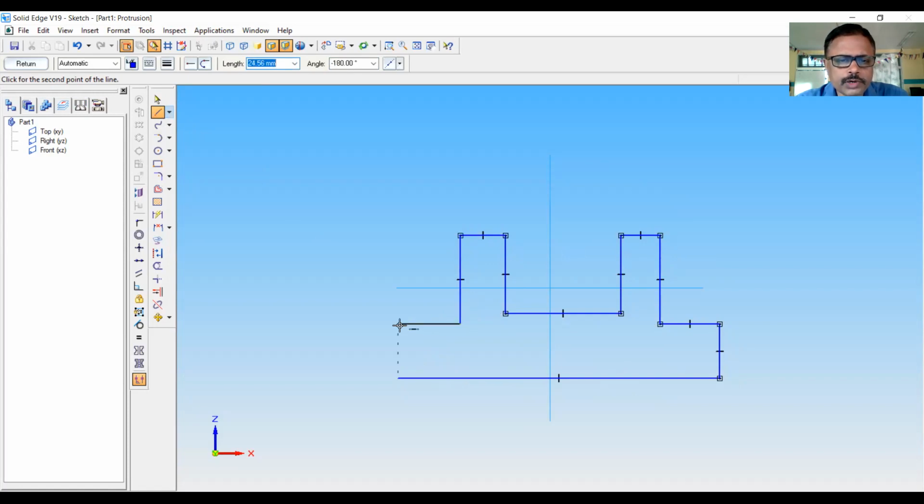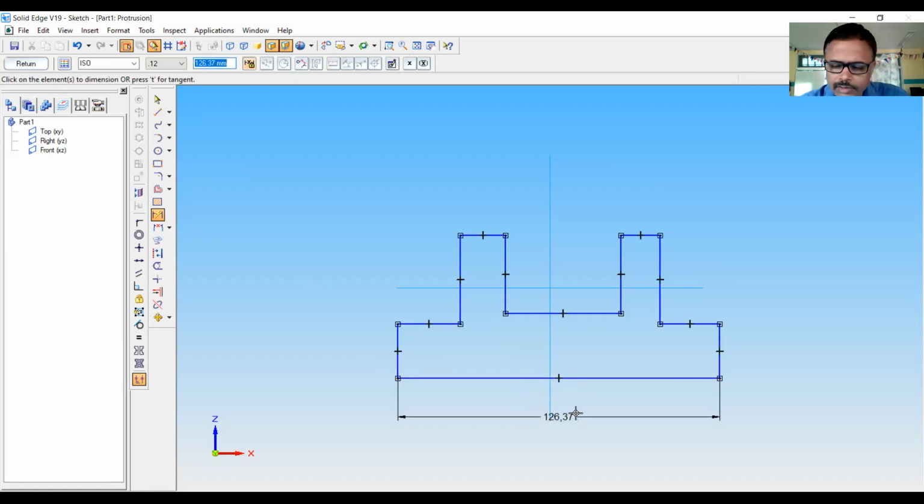See, there are dotted lines. What you are seeing are all alignment indicators. So now I have completed my profile. Dimension it using the smart dimension option. I have clicked on smart dimension.